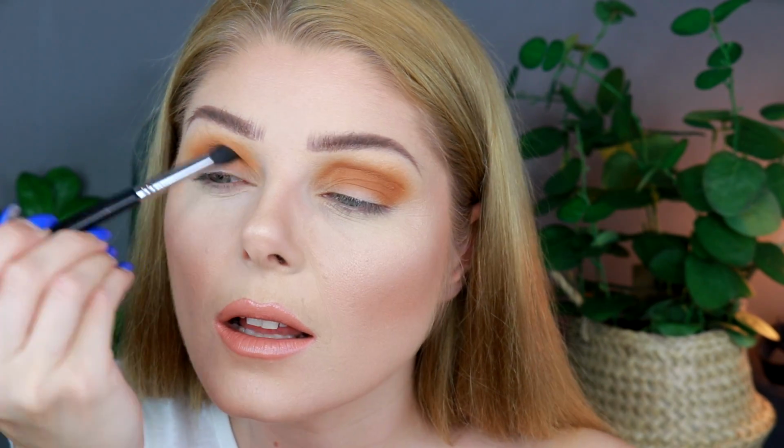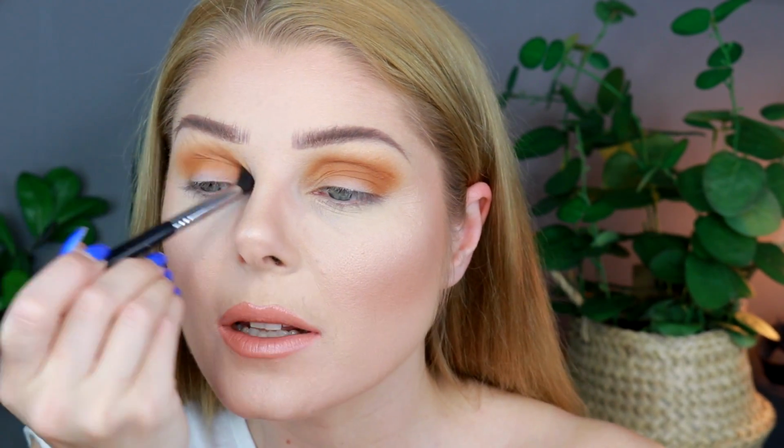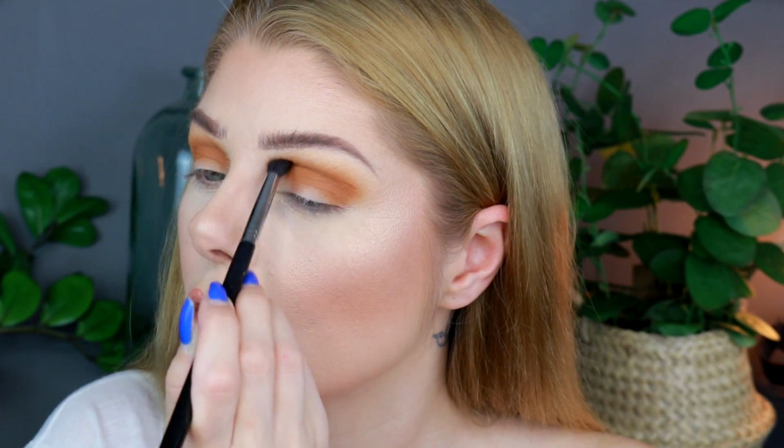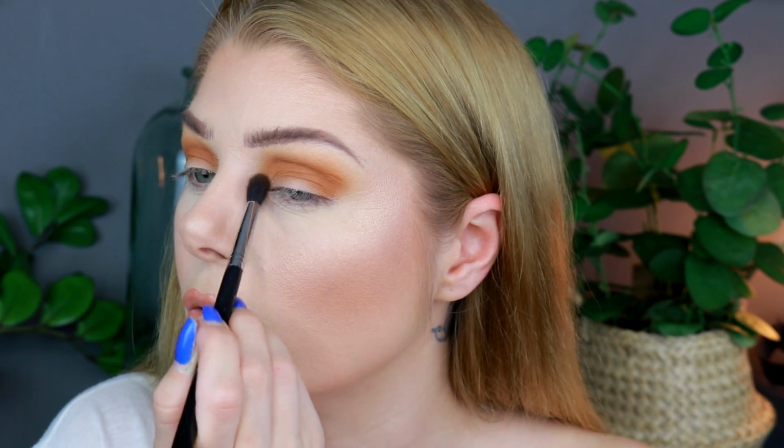I have to say that I am actually quite liking this color because it is a warm brown, but it has a lot of yellow to it, and I am very fond of yellow. But would I reach for this palette alone? I don't know actually. I have one neutral palette that is the chocolate bar palette by Too Faced. Maybe this could be my new